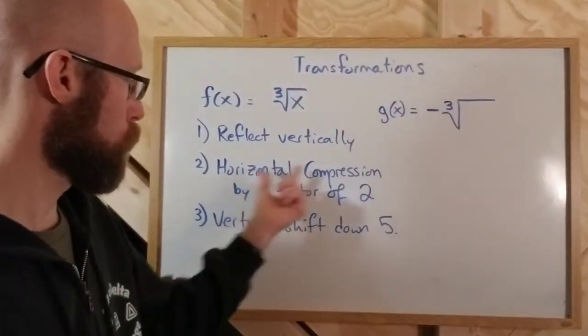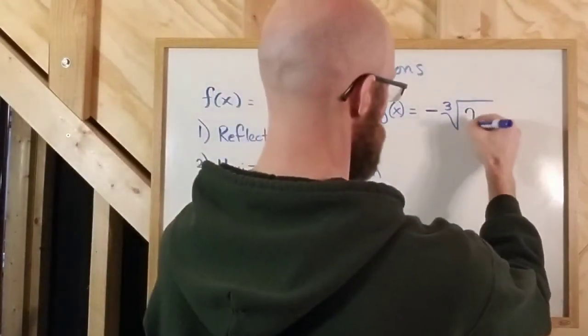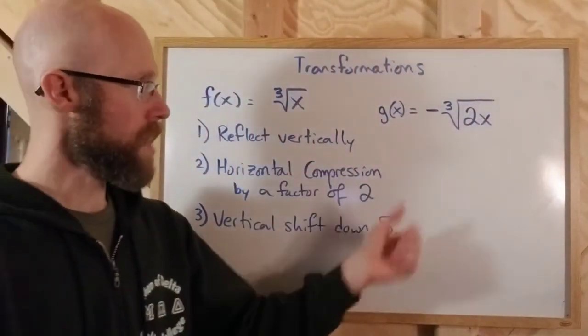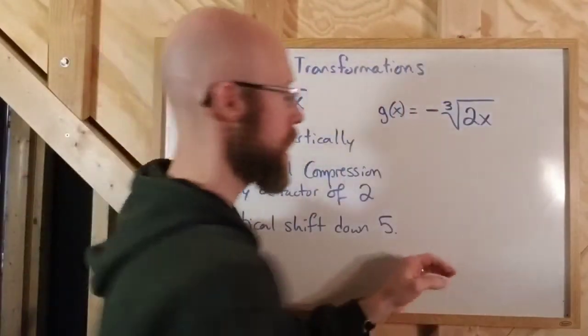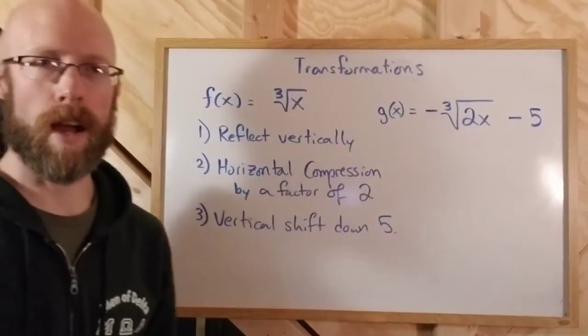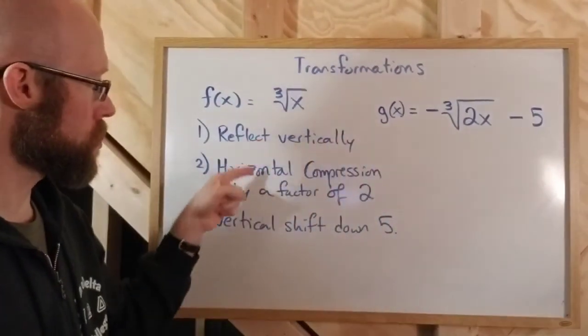So compressing horizontally is a multiplication by 2. So I want 2x in there. And then a vertical shift down 5 drops this graph down. So I would subtract 5 on the outside. And so this graph, or this function, should have these 3